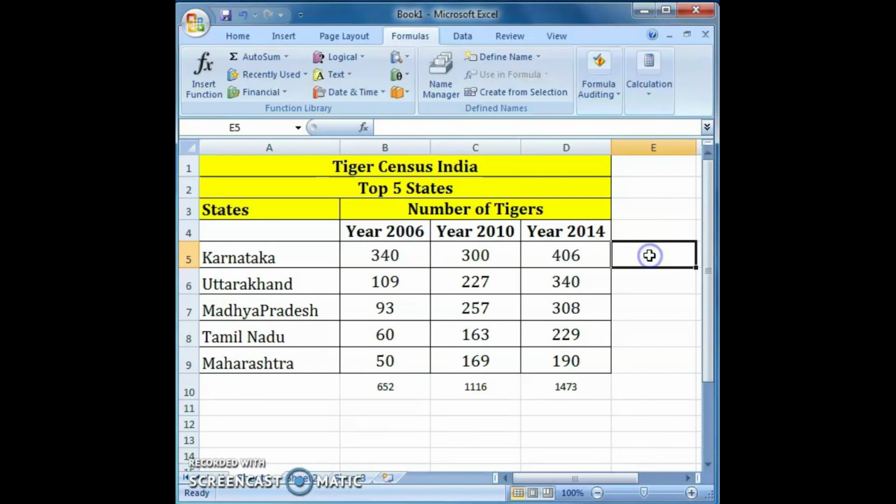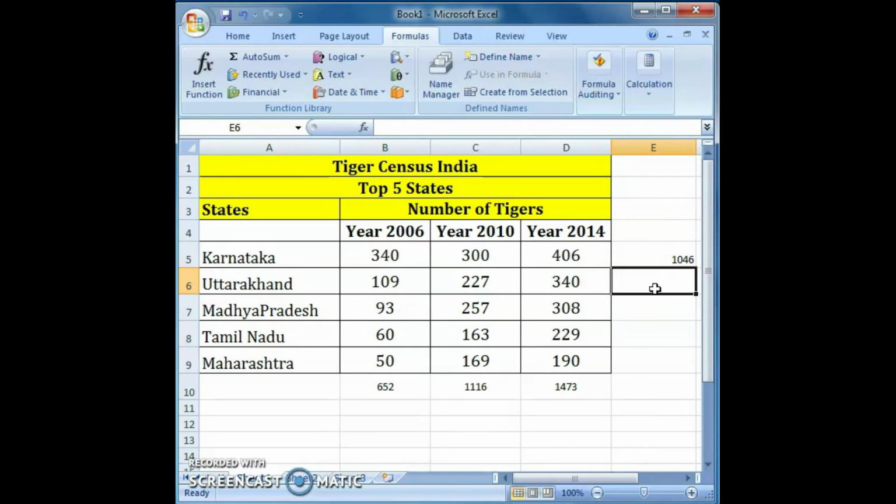For that, select this cell E5, then press this AutoSum option. Automatically a dashed border appears around the cells B5 to D5. The formula we can also see in this E5 cell and in this formula bar. Then press enter. The total number of tigers we can see here.